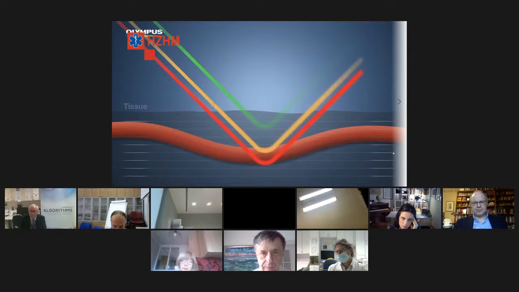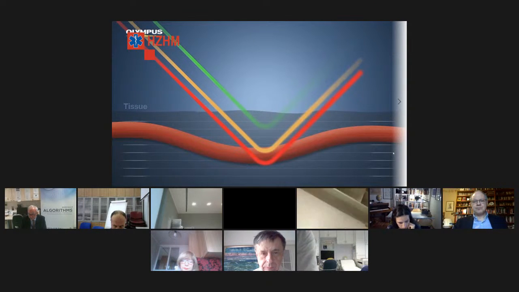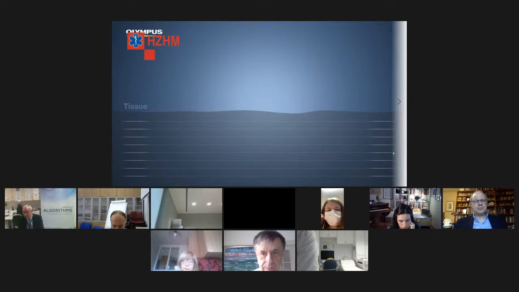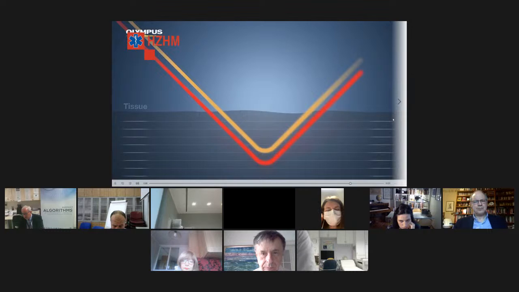If a deep blood vessel is present, amber light is strongly absorbed. The vessel appears darker and is therefore more visible. If the amber light hits a bleeding point at which the blood concentration is very